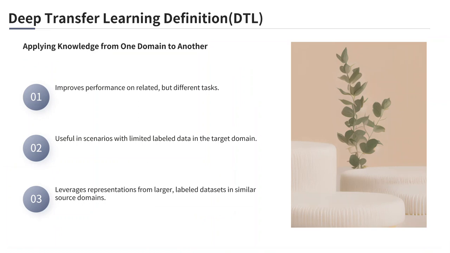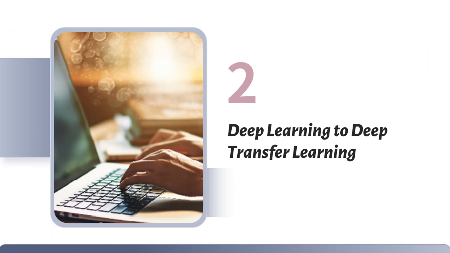So, some of the benefits: it improves performance on related but different tasks, and it's useful in scenarios with limited labeled data in the target domain, like mentioned, and it leverages the representations from larger labeled data sets and similar source domains, where basically the information on the input is pre-trained information. We'll get a little bit more involved with that when we step into it now, talking about deep learning